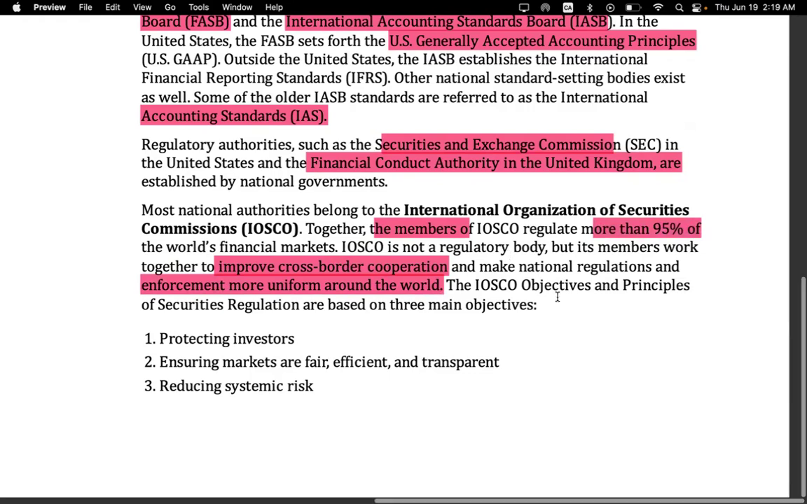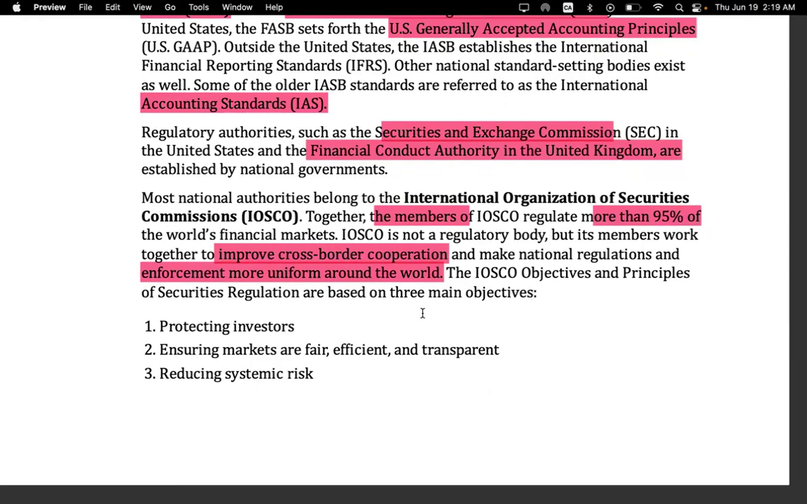IOSCO's objectives and principles of securities regulation are based on three objectives: protecting investors, ensuring markets are fair and efficient, and reducing systemic risk. The first two are pretty self-explanatory. Systemic risk is different from systematic risk. Systemic risk means that,